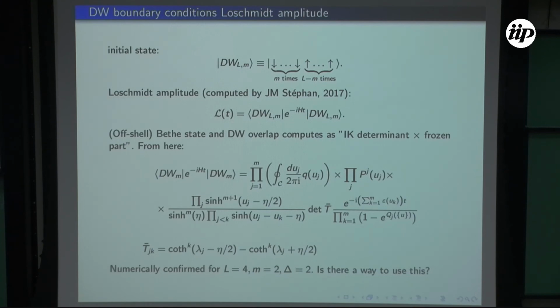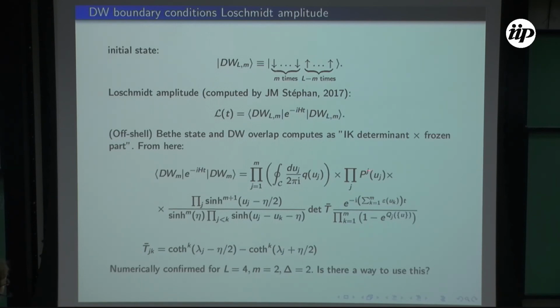We can, for example, compute the Loschmidt amplitude, and a smart choice of initial state is the domain wall state, and this has been computed by Jean-Marie. So if we compute this, it's just a reproduction. But anyway,